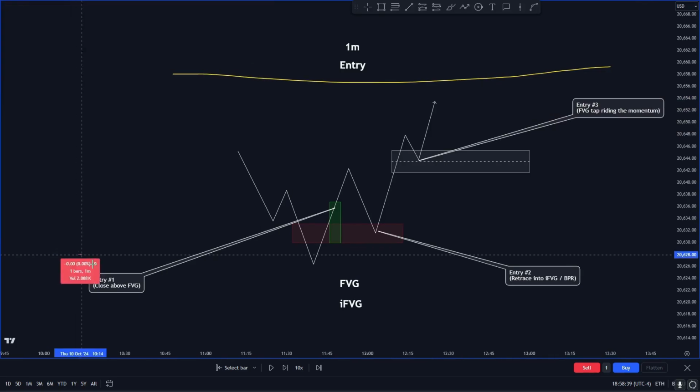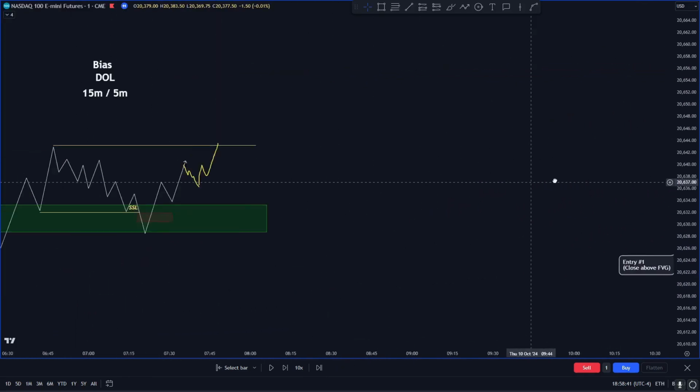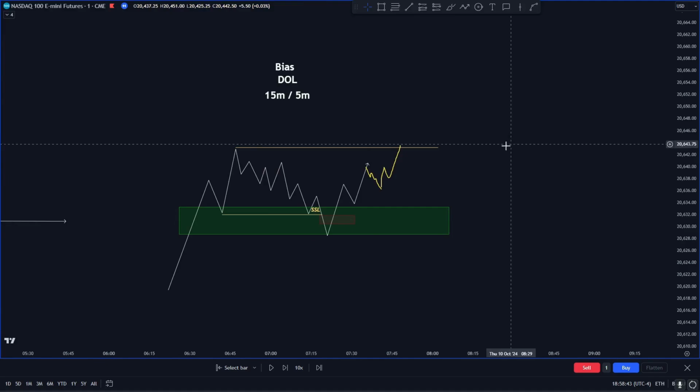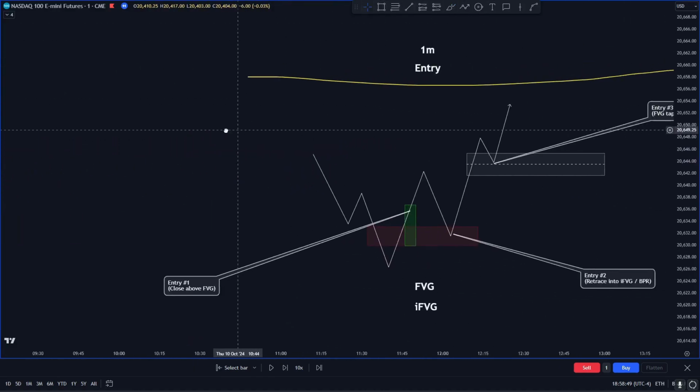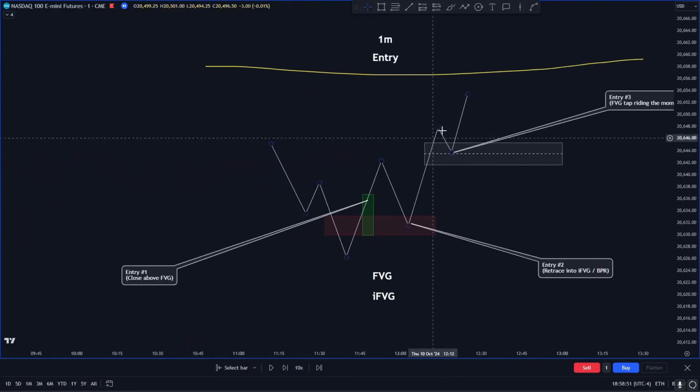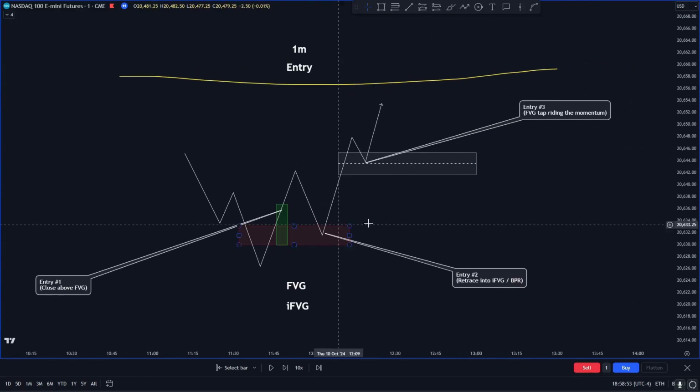I've been taking. Sometimes I'll take an inversion, but for the most part, it's entry number 3, because, like I said, we have a clear target, right? A swing high, right? We have a clear swing high target that we're aiming towards. Our higher time frame bias is bullish, right? So now that these both align, that's when you're gonna have your best